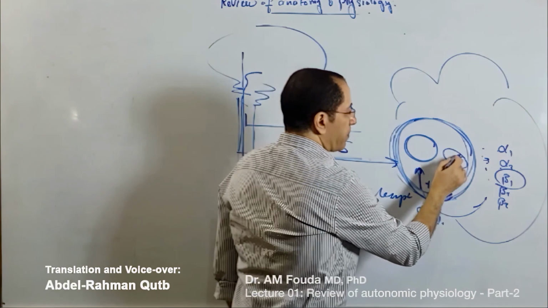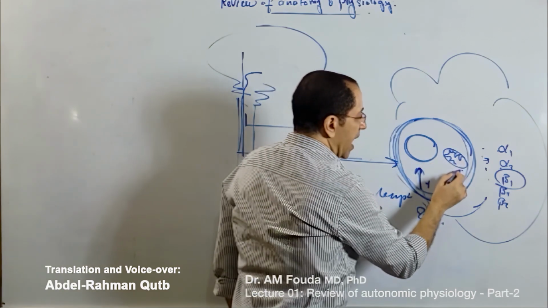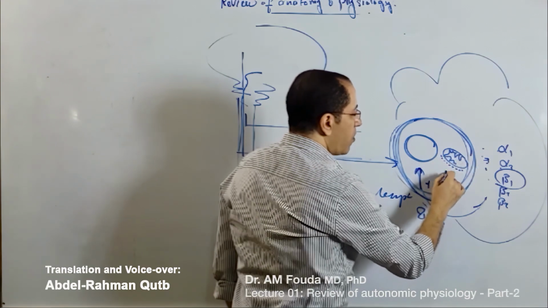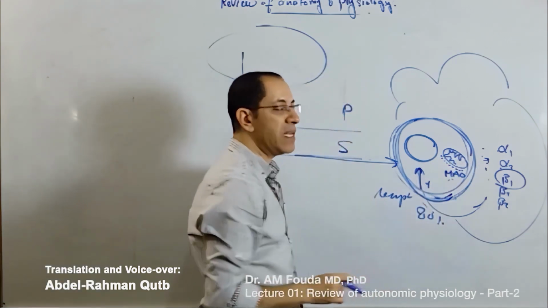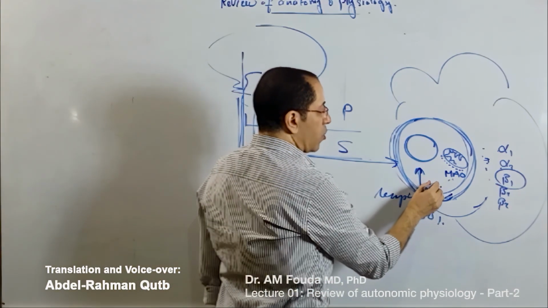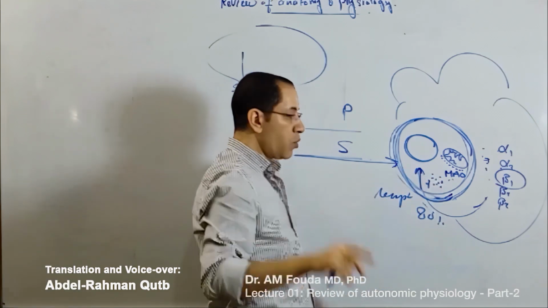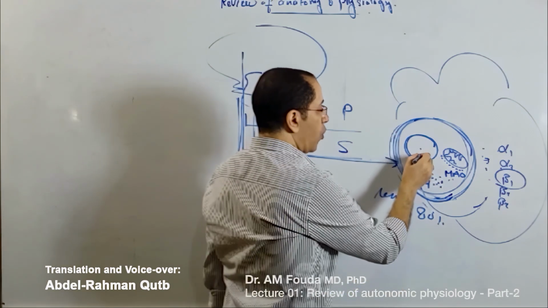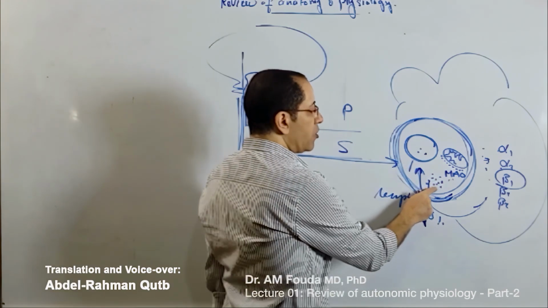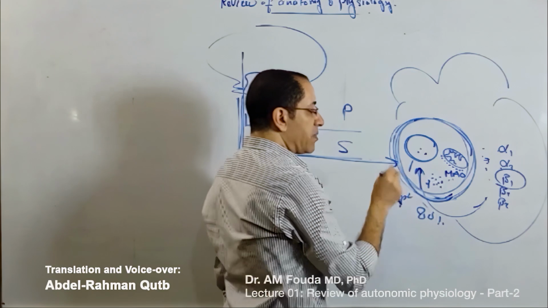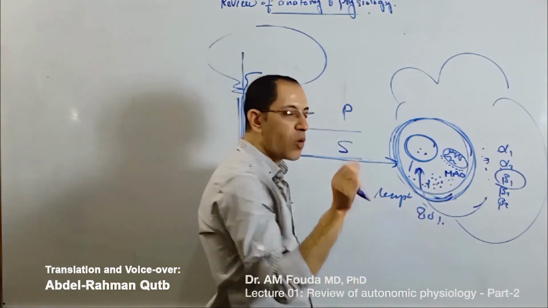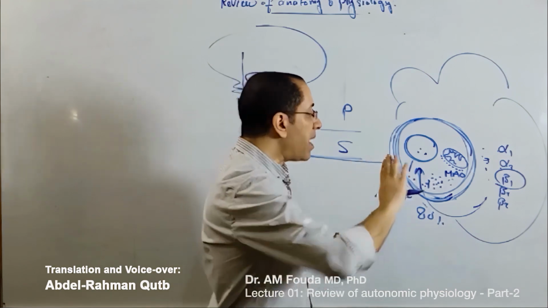Because the cytoplasm of the nerve ending contains mitochondria, which has a certain enzyme you know from biochemistry called MAO enzyme, or monoamine oxidase enzyme. If norepinephrine remains in the cytoplasm and doesn't hide quickly in those vesicles, this MAO enzyme breaks it down immediately. That's why norepinephrine can't remain free in the cytoplasm for long periods of time. However, free norepinephrine can be present inside the cytoplasm, but in tiny amounts, because the majority of it must quickly hide